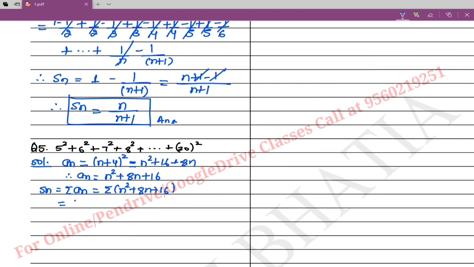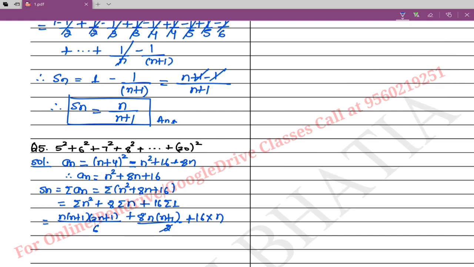So it would be summation n square, 8 is a constant so it will come out, summation n. Now this is a very interesting case. Here we have summation 16, but we know a constant is never kept in the summation, so 16 will be out, but there is no n, so we will write 1. And I have given you a separate formula of summation of 1, which is given only for this type of question: n into (n plus 1) by 2. Now summation 1, I have given the formula as n.